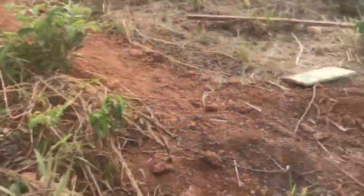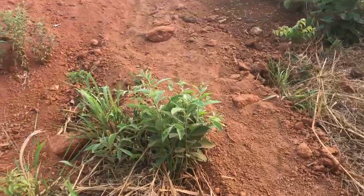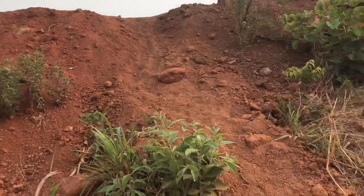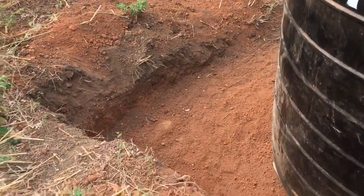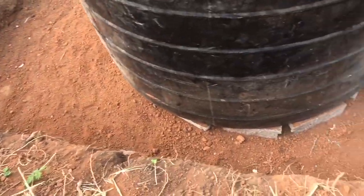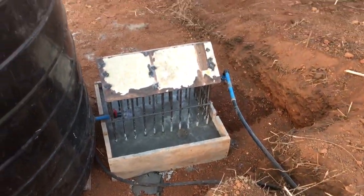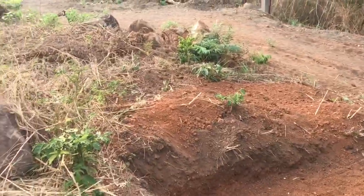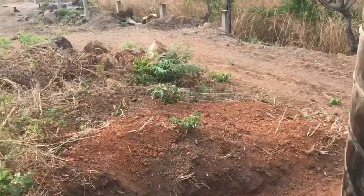So this is quite a steep thing. We have to walk up this. I'm going to see whether we could put some concrete stairs to come down. And right in this area here, you can see this big square area all the way around it. It's about 3 feet down. We're going to come in and place block up about 4 or 5 feet above. So it's going to come up